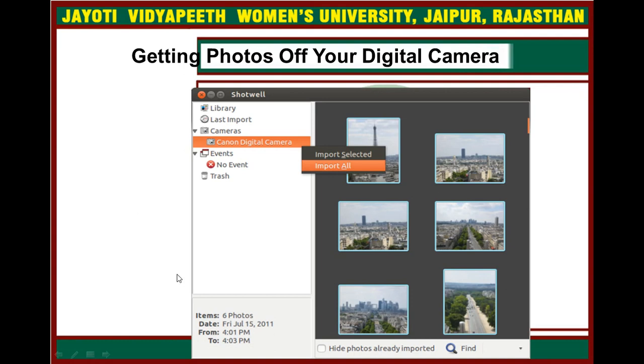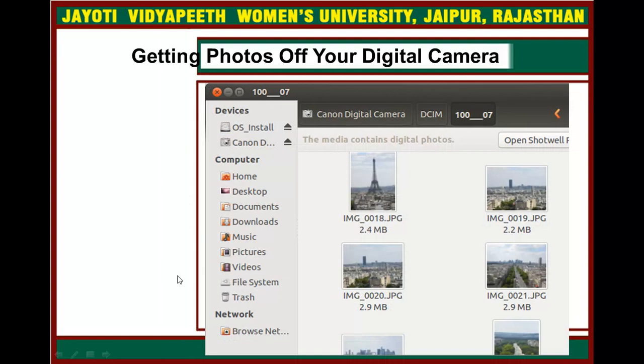Of course, these images are captured by the digital camera. Of course there are many images, but we have to take the image from the computer.